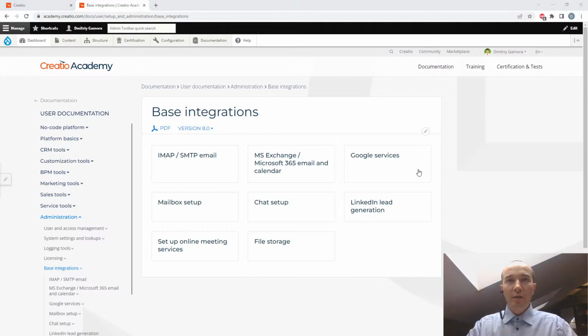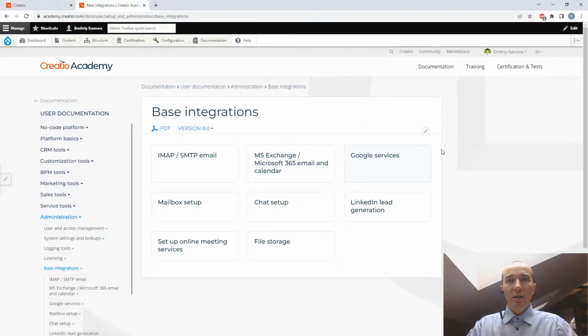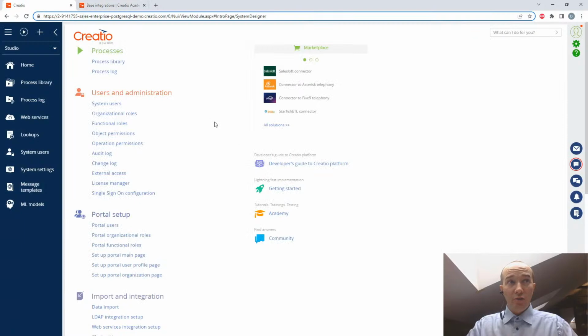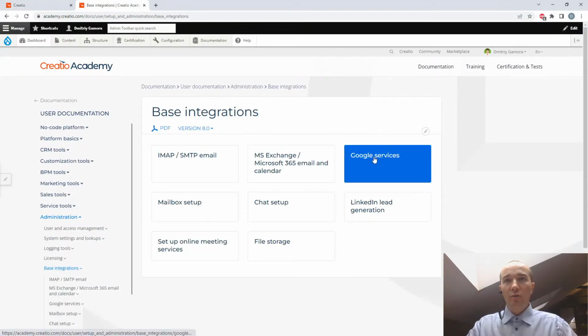And the third disclaimer is that we will work with our cloud-based Creatio instance, and it means that it already has its own Exchange listener or email listener, which was renamed into email listener service, which is already set up and providing connections to third-party mail servers. So we have Creatio, we have it cloud-based. It means we have already pre-set up our email listener, and now we will focus on connection to Google services